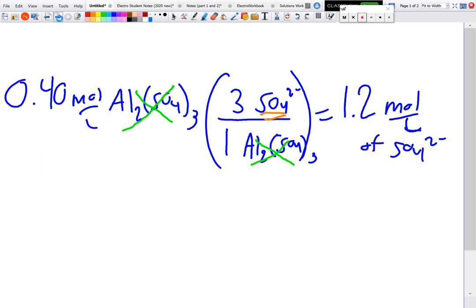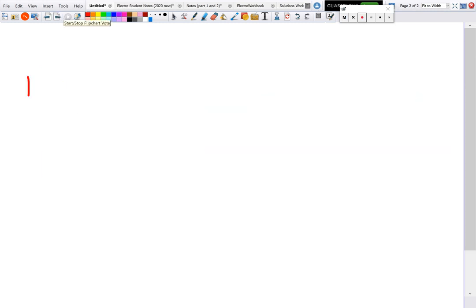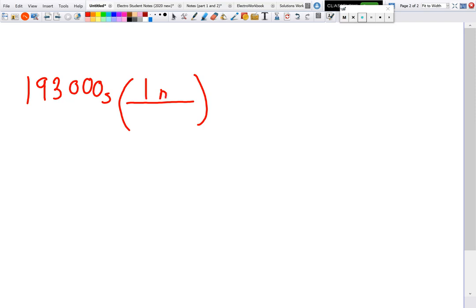So how do we do that? Just remember conversion factors. So if we got 193,000 seconds and we want to convert it into, let's say, minutes, right? We know if we want the unit of minutes, every 1 minute there are 60 seconds. So when we do this conversion factor, our unit of seconds is going to cancel out. We're going to be left with minutes. So we can get a more reasonable answer, which of course is